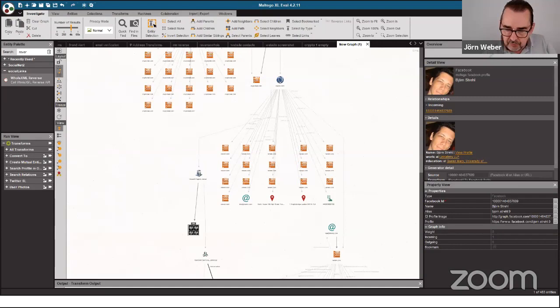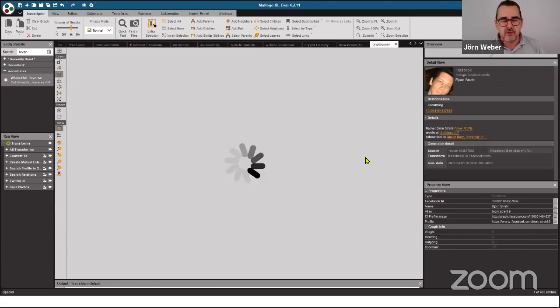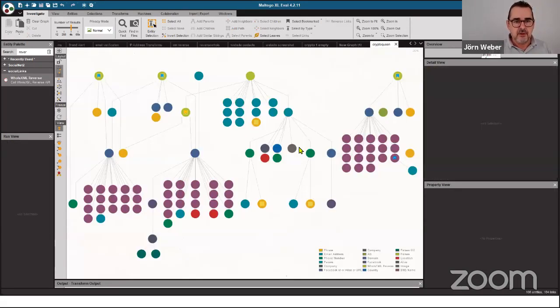And to give you an overview of how that can look, give me 1 second. If you put the full case on one graph, yeah, you have full screen.